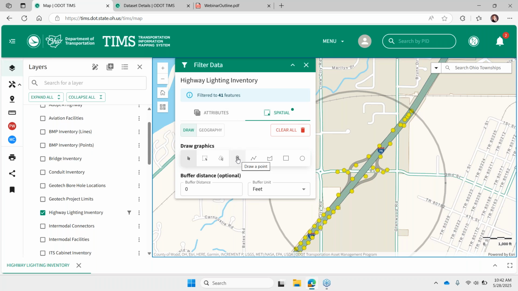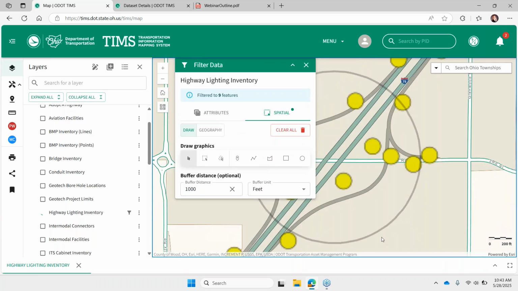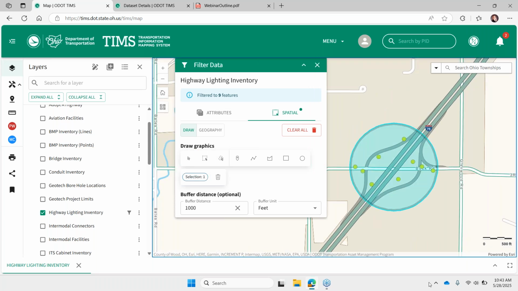I'll jump ahead to demo the point feature. So usually if you're going to draw a point, you really want something within a perimeter around the point that I've drawn. So for that, you're going to want to use the buffer. So say within 1,000 feet of this intersection. And when I clicked, it just drew that circle 1,000 feet around the point where I clicked. And from there, again, I could select it and expand it.